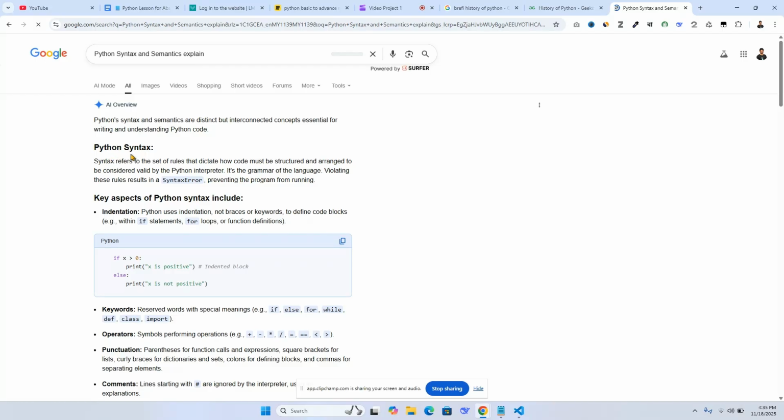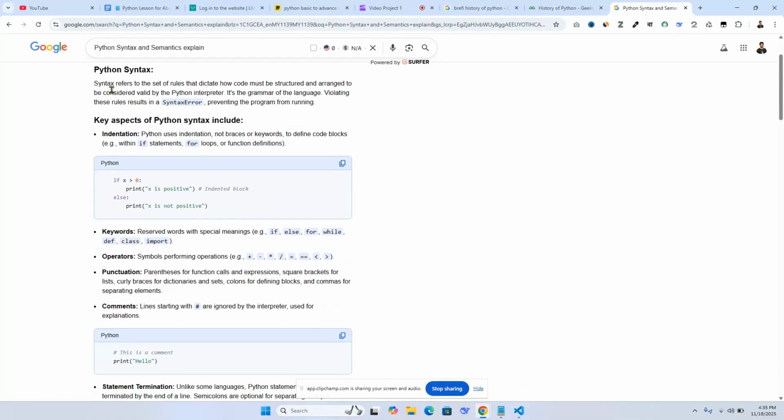Okay, the Python syntax. What is the Python syntax? Python syntax and semantics are distinct but interconnected concepts, essential for writing and understanding Python code. Syntax refers to the set of rules that dictate how code must be structured and arranged to be considered valid by the Python interpreter, that is, code writing, reading, then execution.